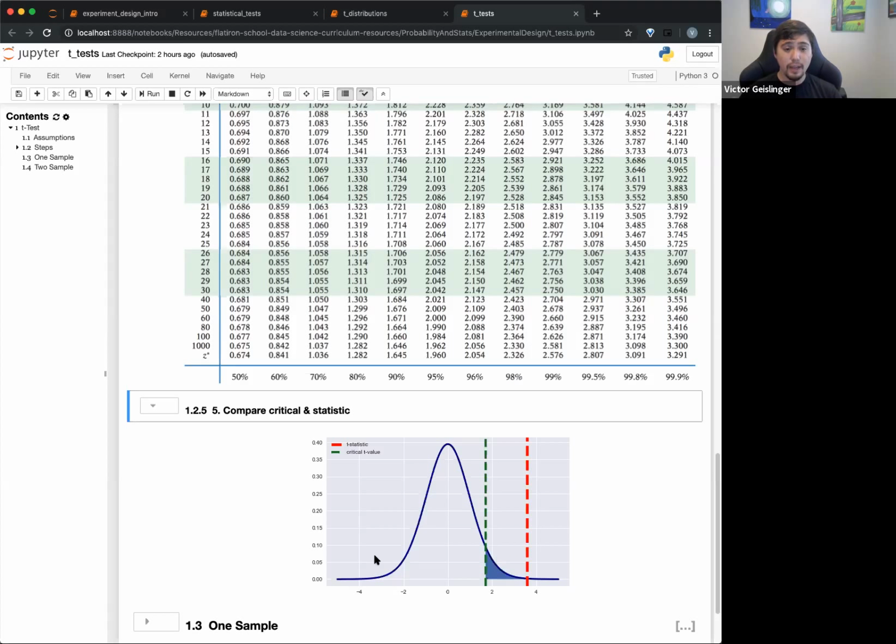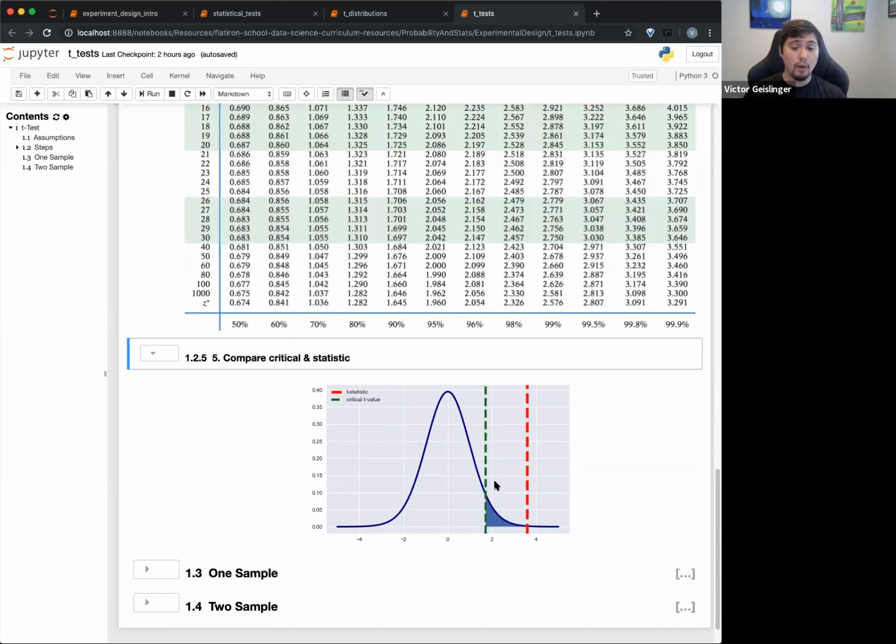This right here, this is why our critical t value will change depending on the degrees of freedom. Basically, it depends on this different shape that we have, okay? This is what we call a 1 sample t-test, right? So we have our one tail. Our one tail right here, basically, we're only looking at if it's greater than a certain